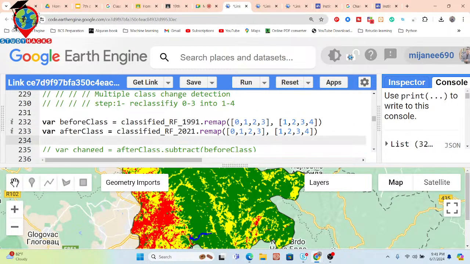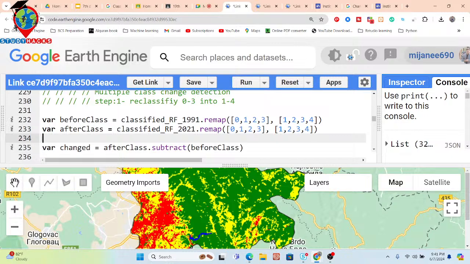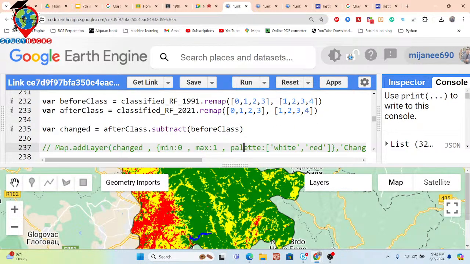Okay. So now I calculate the change between before class and after class. So I simply call after class, basically it's our 2021, and before class is the 1981. Just simply subtract these two things, after class and before class. I simply subtract, and now it shows the overall changed and unchanged area between these two times. Overall change of all classes. So we try to find out this map